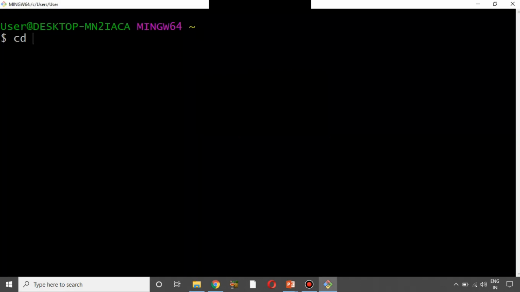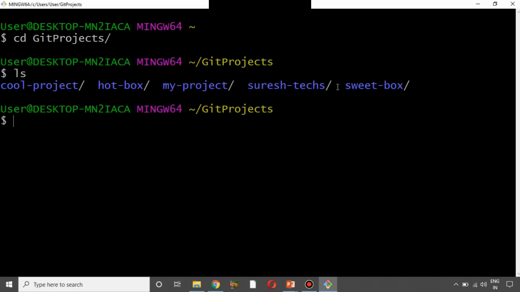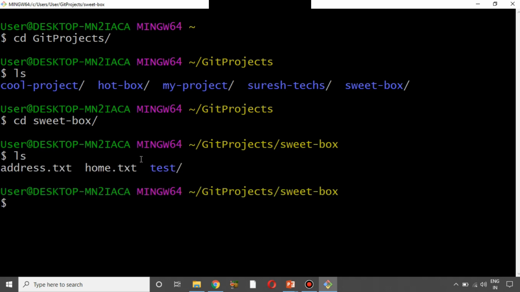So I'm going to say cd, which is nothing but changing directory, followed by git projects. If I say ls, here I can see the Sweetbox project. So I'm going to change to this directory with cd Sweetbox. If I say ls, I can see all the files and folders which are part of this project.